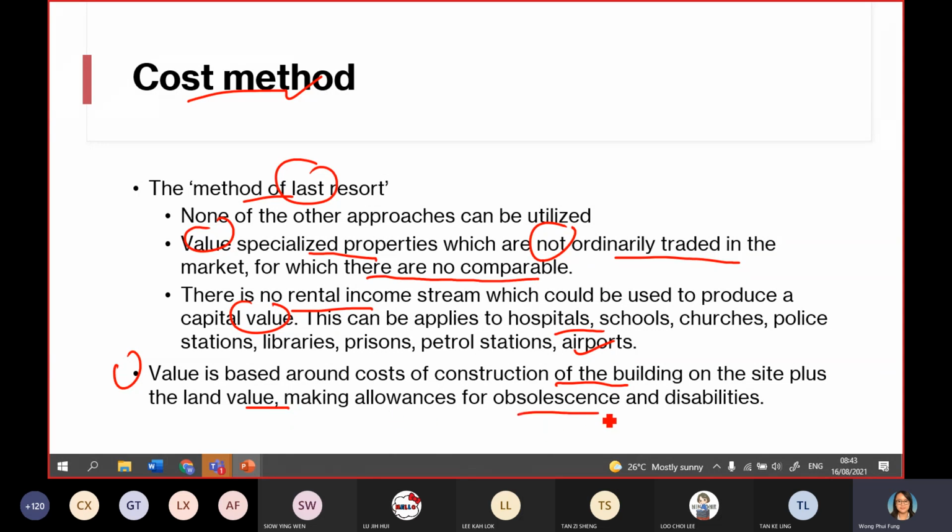making allowances for obsolescence and disability, which means that with the cost method, you divide the property into two parts. First part, you calculate the land value. Second part, you calculate the building value. So that is what we mean by value is based on the cost of the building and the land value,